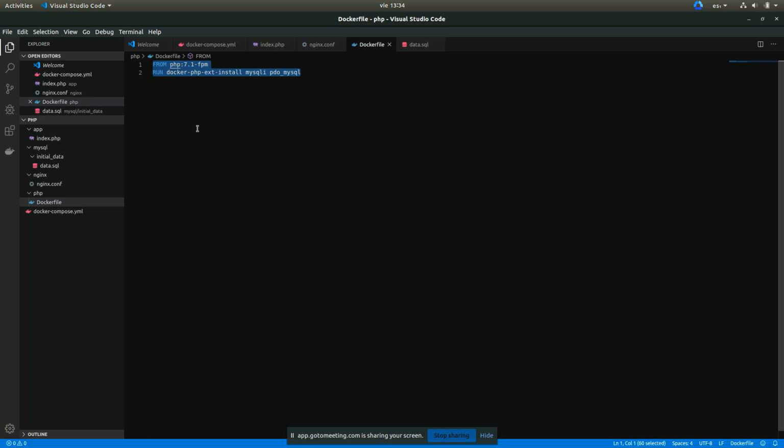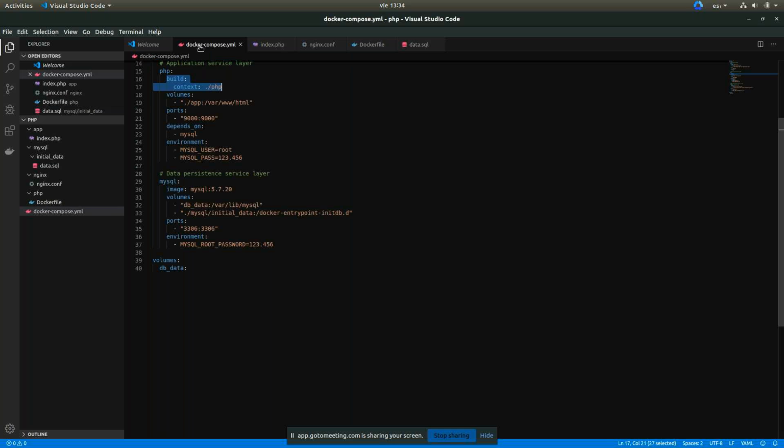In this case, we are creating a PHP image container with a custom PHP image configuration.